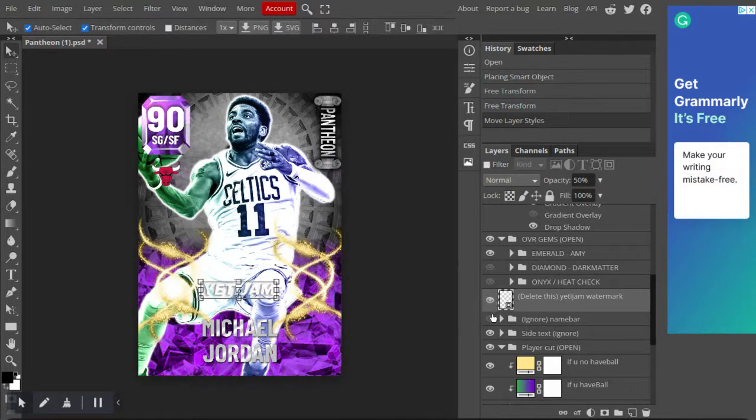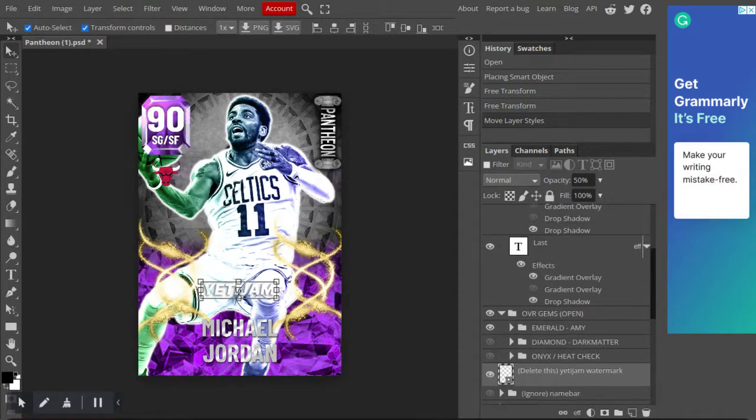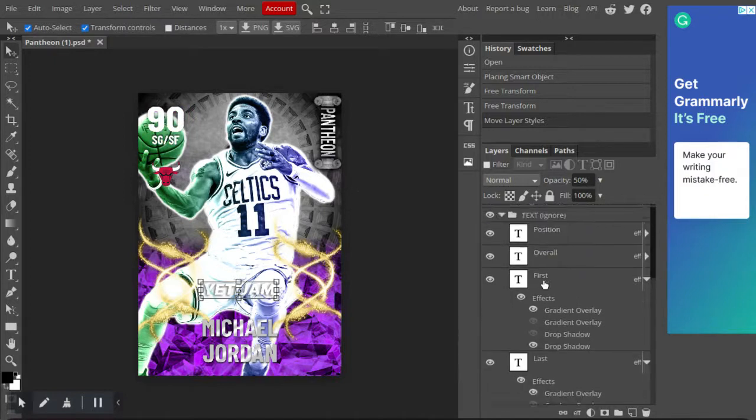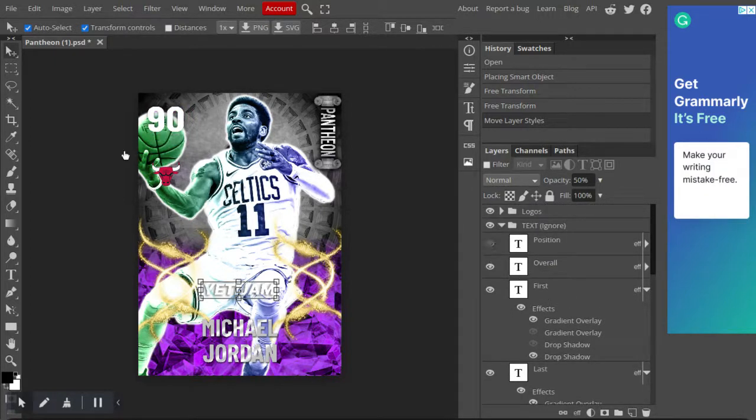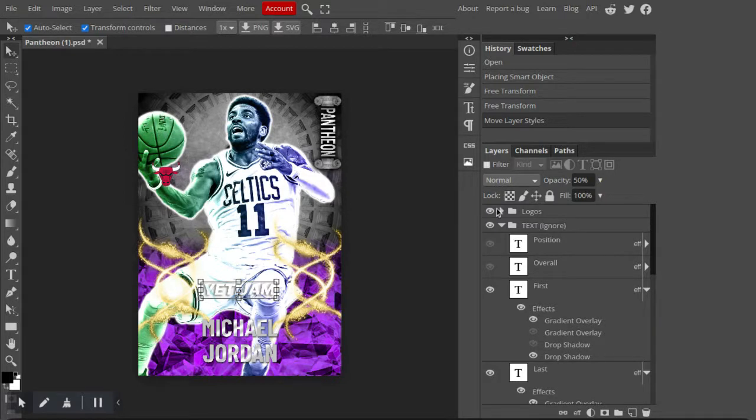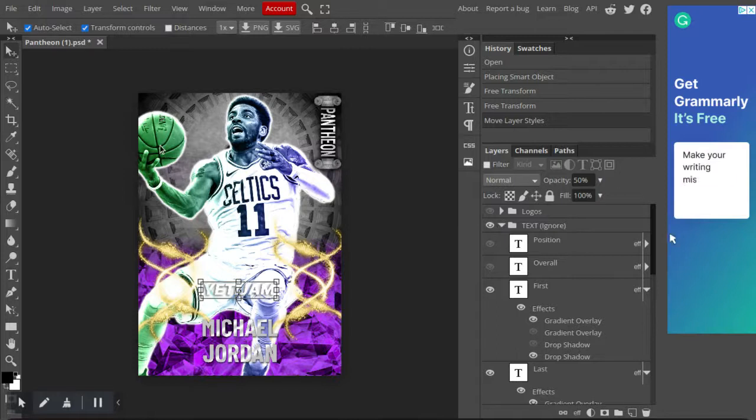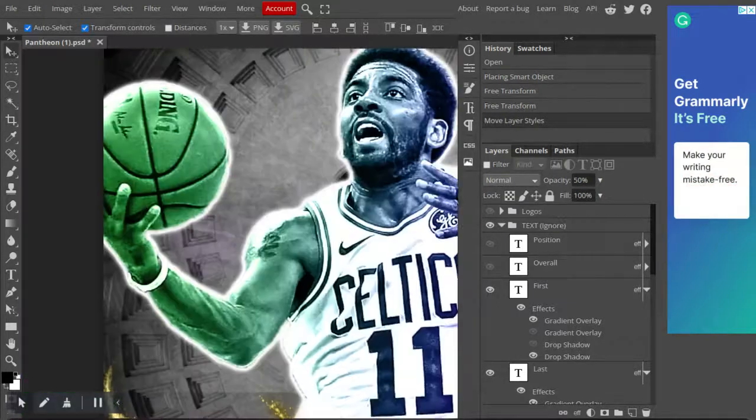But I'm going to keep that there because obviously it's my card. The gem, definitely for me, I'm getting rid of the gem. Then I'm getting rid of the position overall. Whatever is covering up the ball, you want to make invisible by clicking on that eye thing. And then what you would want to do is